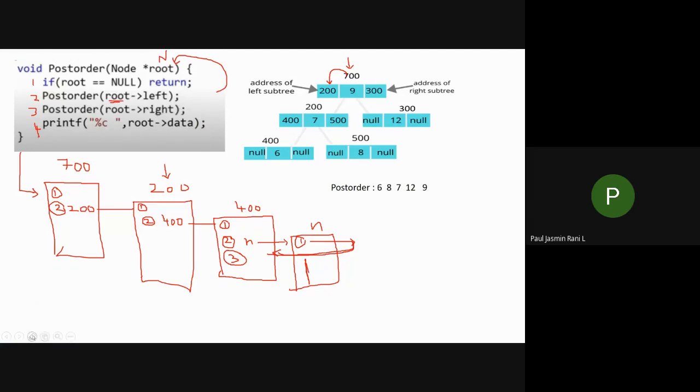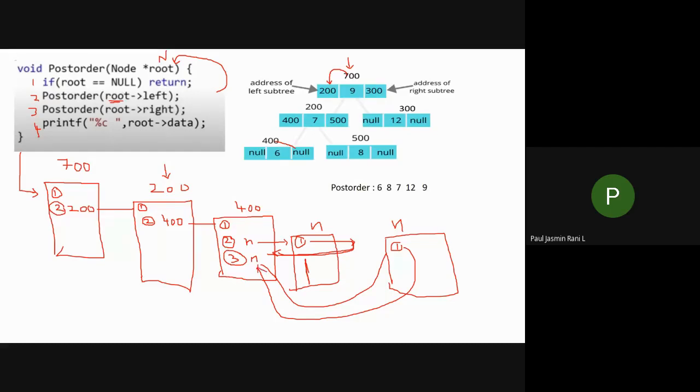So I'm in the third statement and when I do this root of right, I get null again, because 400 of right is null. So when I call this function again with null, the first statement returns back to this one.